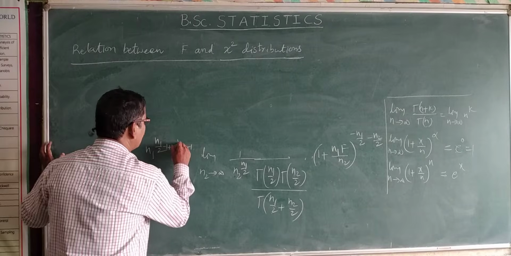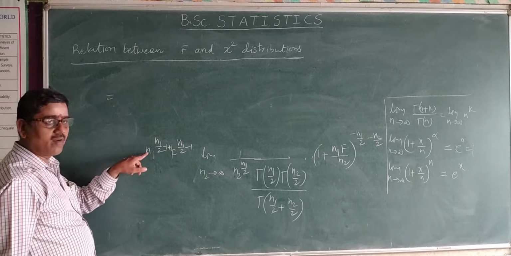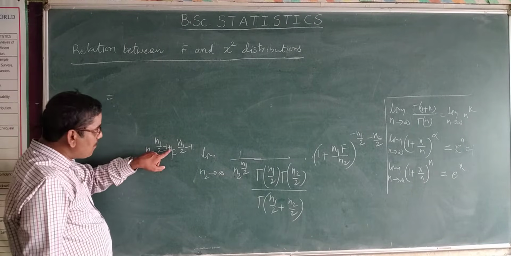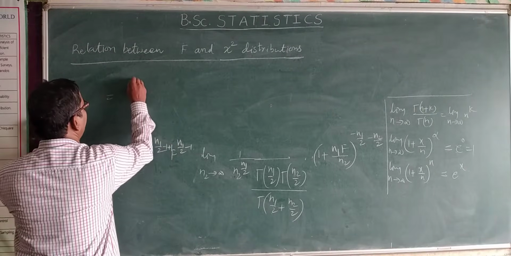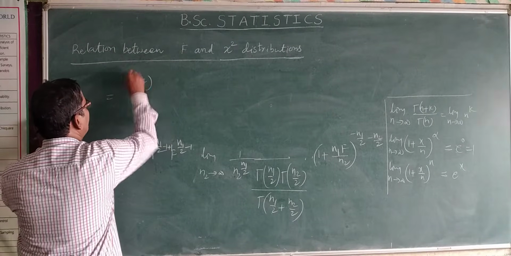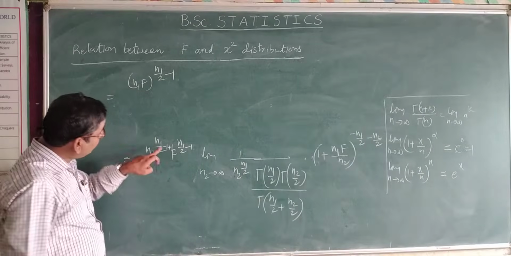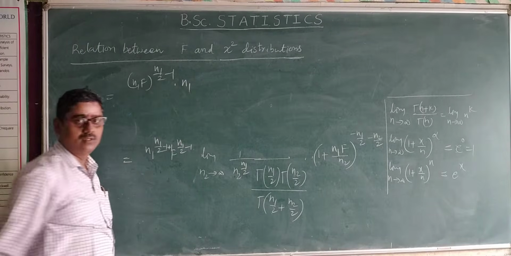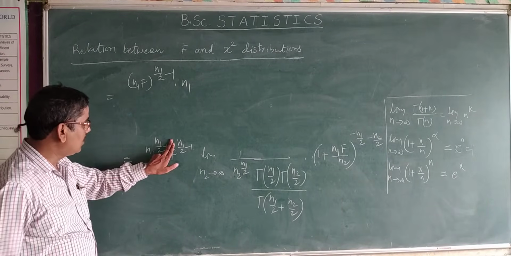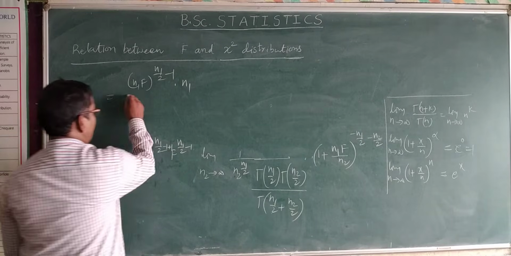This is also f power n1 by 2 minus 1, and this is n1 power n1 by 2 minus 1 plus 1. So it will be (n1 f) whole power n1 by 2 minus 1. Therefore n1 power 1 remains, so into n1: n1 times (n1 f) power n1 by 2 minus 1, divided by,